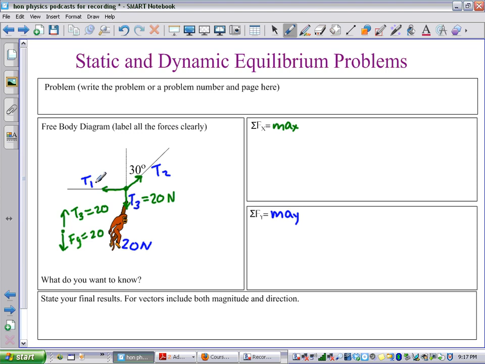T1 is all in the x direction, so we consider this to be T1x. We don't know what it is, but we know it's pointed in the negative x direction and that T1y is equal to 0 because there's no upward force on that string. T3y will equal negative 20 because it's going straight down, and T3x will equal 0 because there's no horizontal component. But for T2,